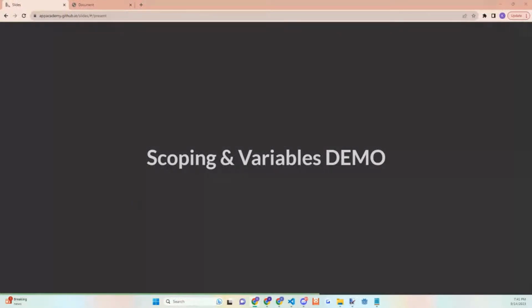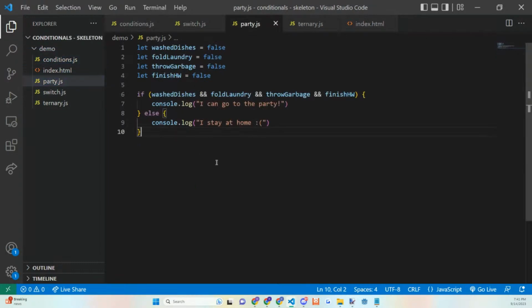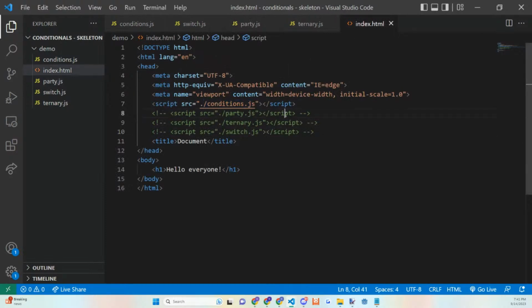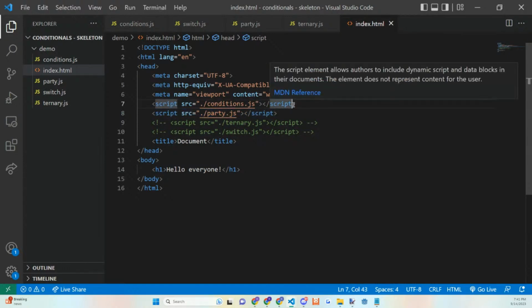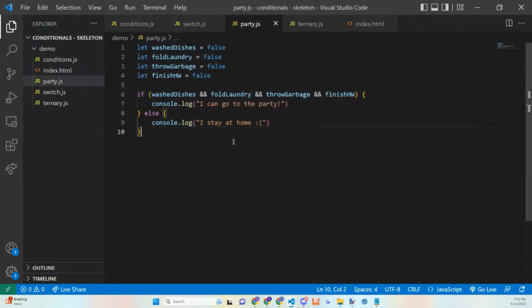So let's take a look at how this is affected. Let's go into our code, and I have something nice and neat already set up for us in our party.js. In order to make sure that our code is running on party.js, I'm going to comment in party.js in our index.html so that this script here is ran in JavaScript. And then we're going to comment out our original JavaScript file, so that way we don't have anything else confusing us. We're isolating it to just this party.js file, so we can worry about anything console logged in here.